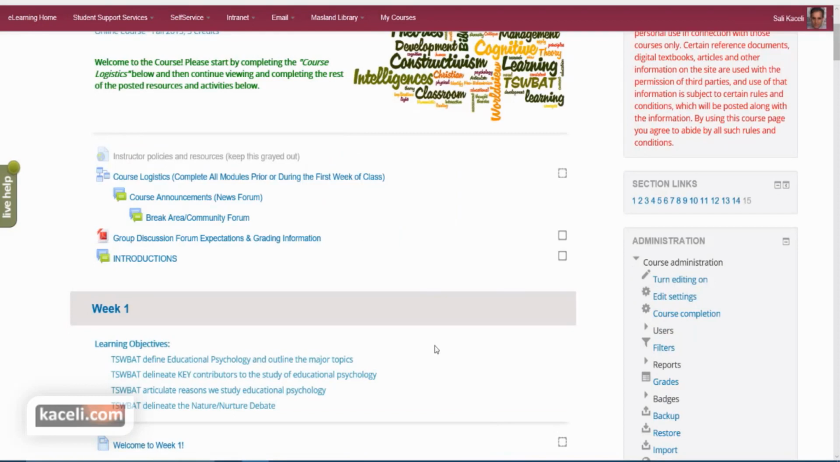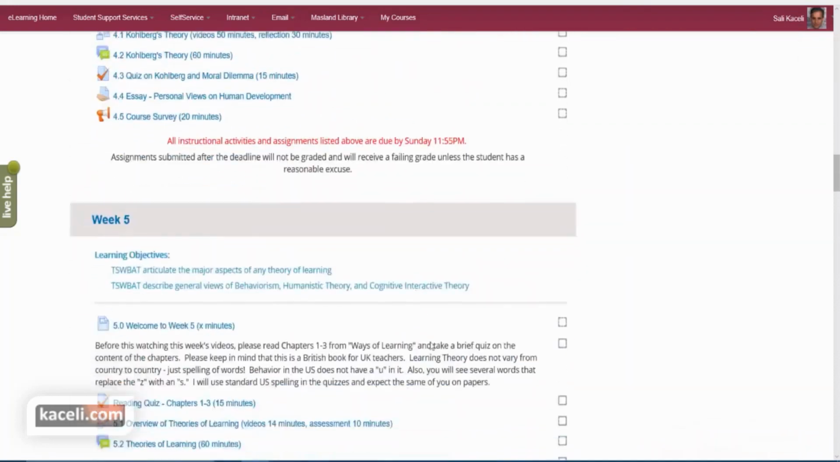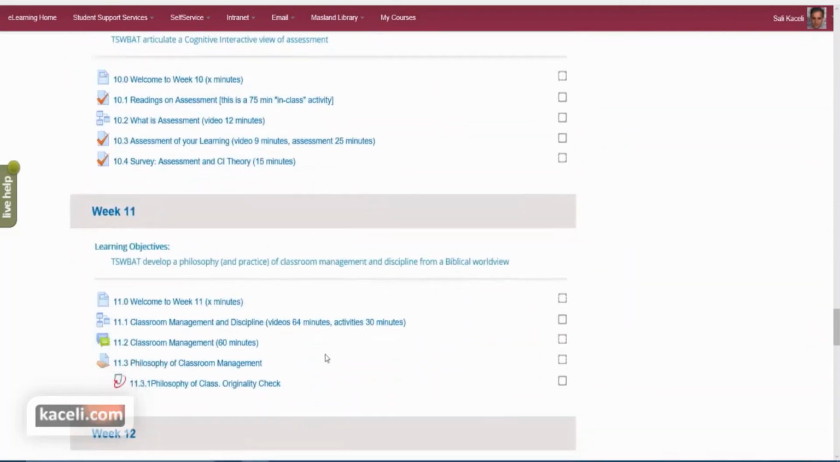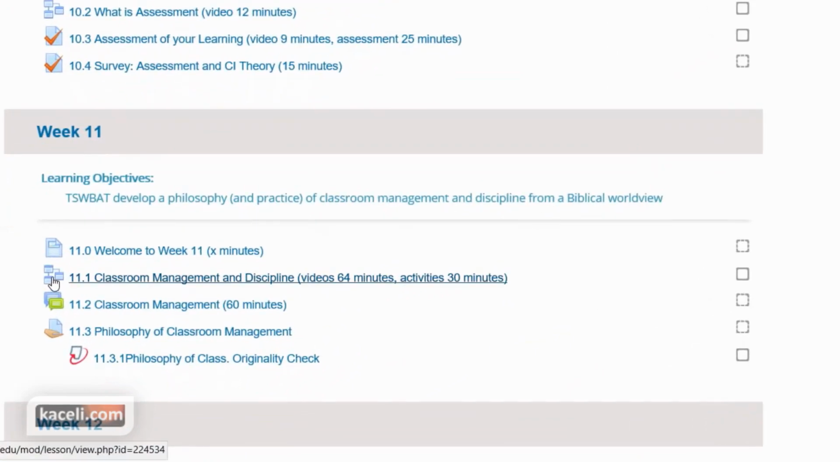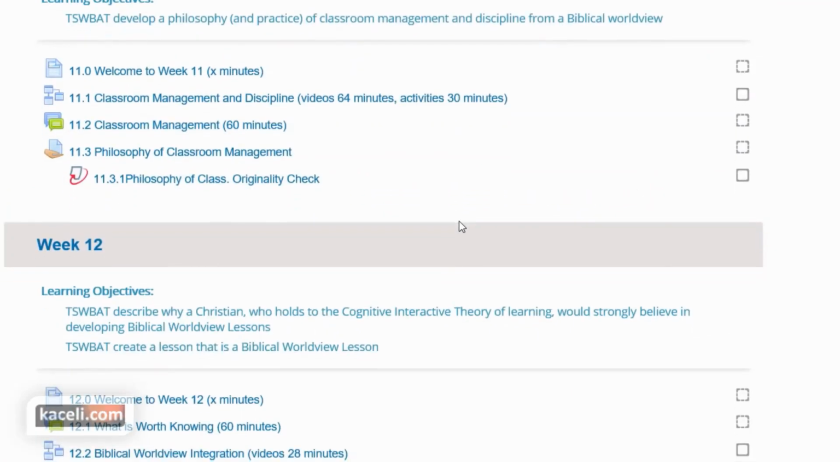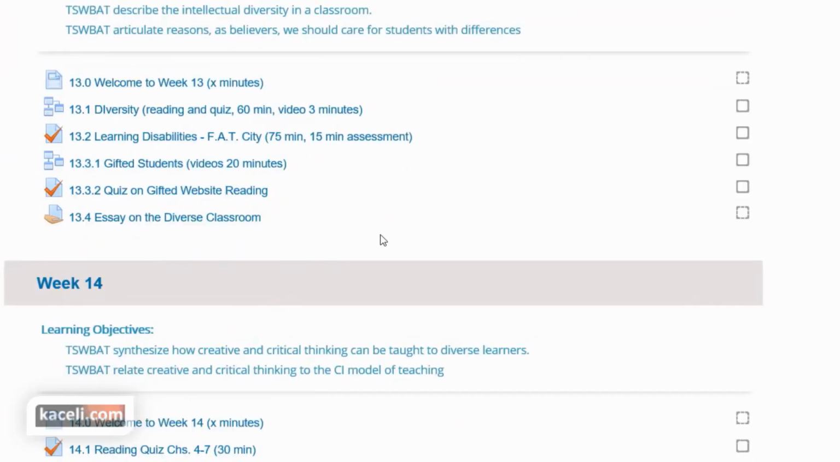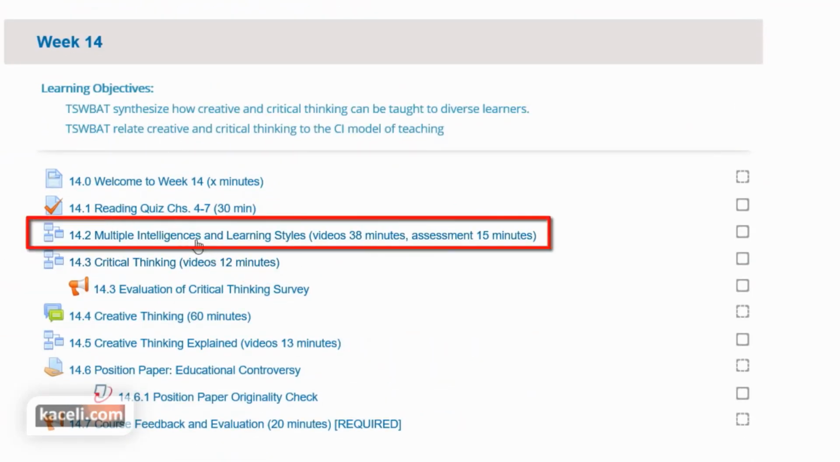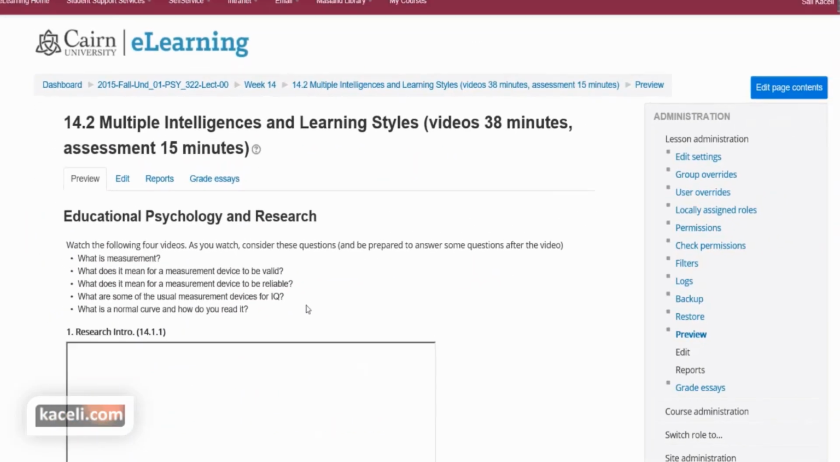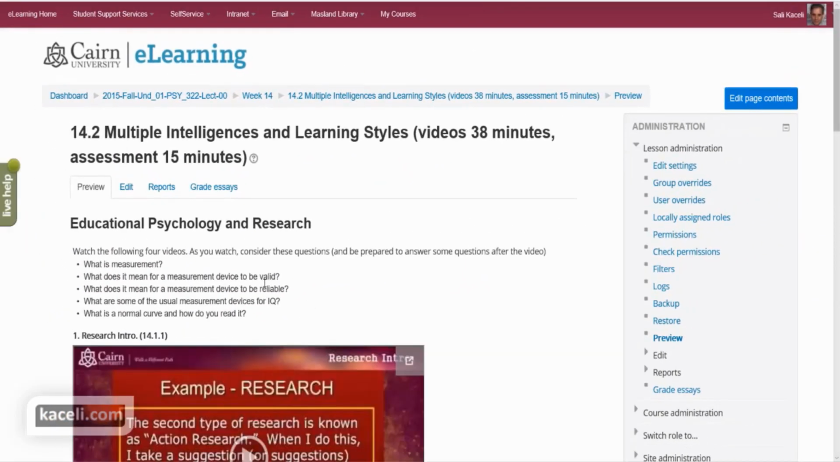For example, here we have an online course, and by the way, we use lessons quite a bit in online courses. If we scroll down here to one of the modules, all of these that have this little icon in front of them are usually lessons. I'm going to go to one of those lessons here, let's say multiple intelligences and learning styles. If I click on this, the lesson would look something similar to this for the students, or you can do something very similar to this,